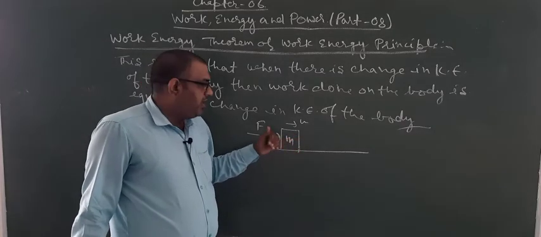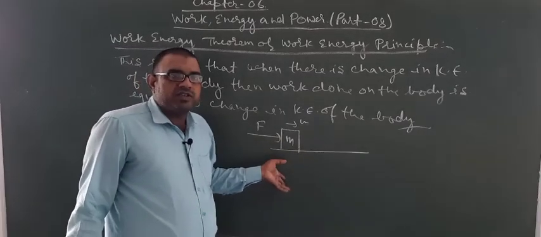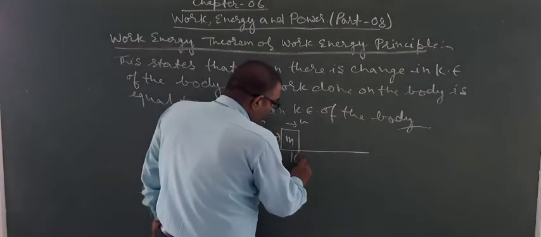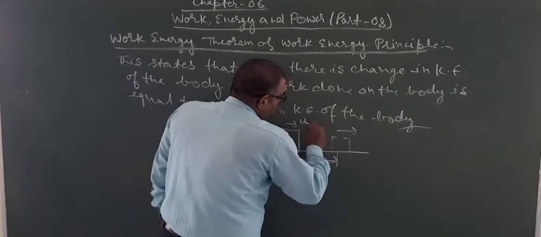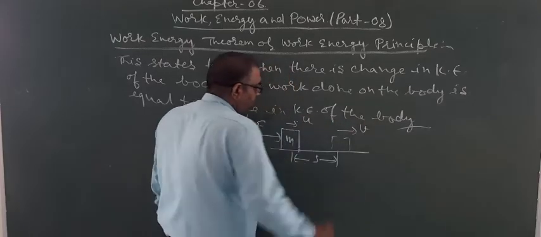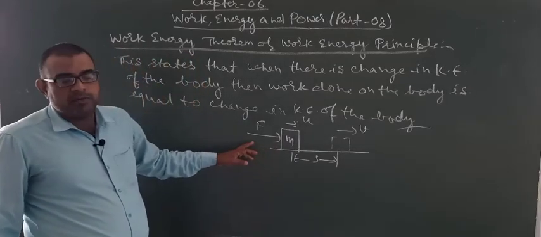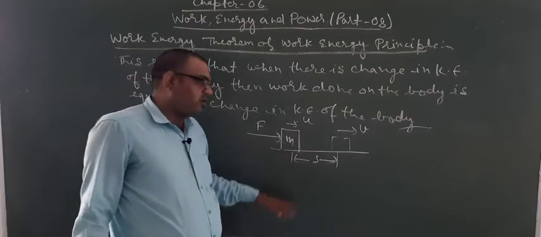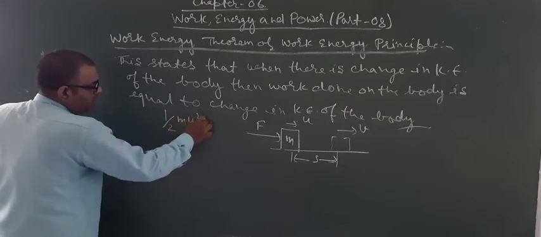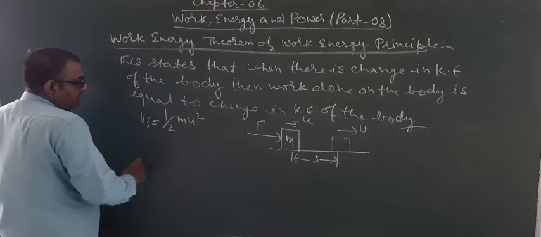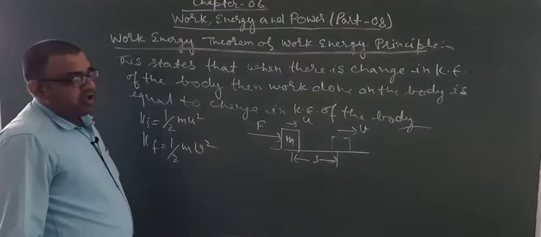If a force is applied on a body, then its velocity is going to change, and by traveling a certain distance it acquires the velocity v by the application of the force, because there is an acceleration of the block of mass m. So initially the kinetic energy is half m u square, that is initial kinetic energy, and final kinetic energy is half m v square. So according to work energy theorem,